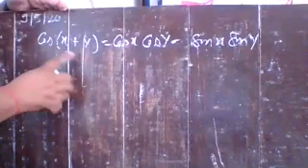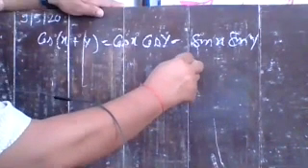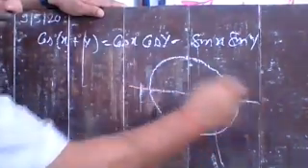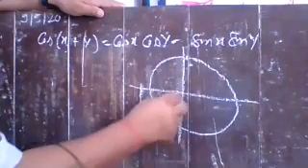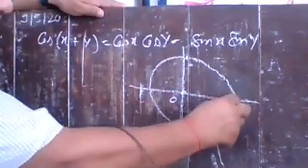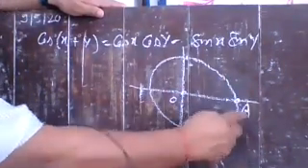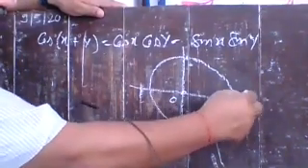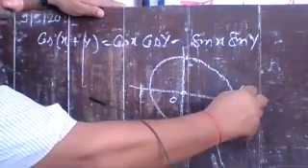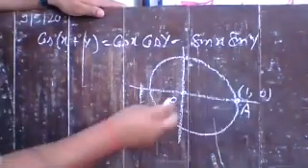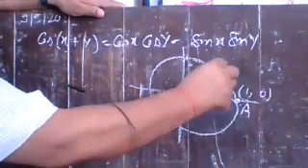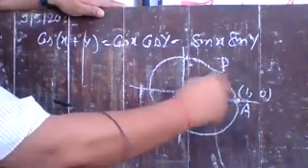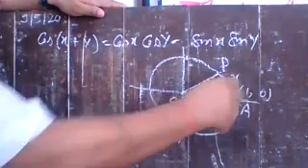What are you taking here? Suppose here you take a unit circle in this way. Here O is the center, and suppose here you take a point A. No doubt, if you take a unit circle, the coordinate of A is (1, 0). Here you take any point P such that arc AP is equal to x.